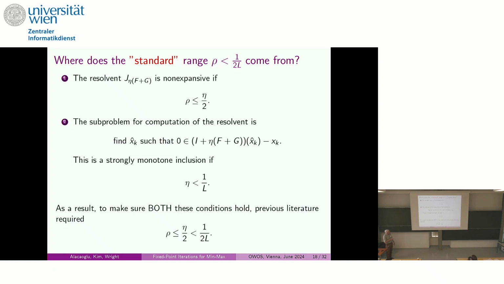And the second thing you need is that in order to run that inner loop, you need that subproblem to be strongly monotone. In order for that to be true, you need the eta to be less than 1 over L, because L is a Lipschitz constant for the F. So you need these two conditions both satisfied, and if you put those two together, you can see that the rho needs to be less than 1 over 2L. So that's the logic that most people use to say that was as big as we could allow